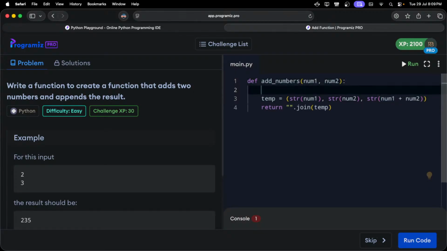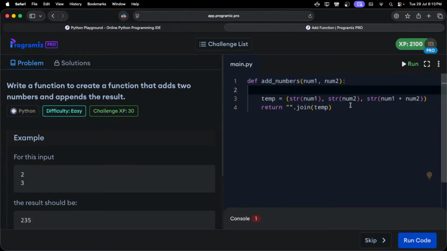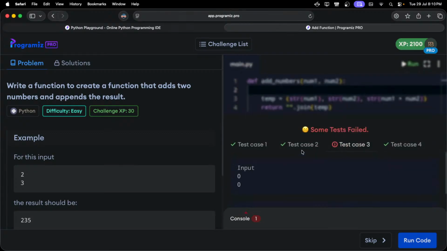So since there is an edge case over here, 0, 0, 0, we don't want it to be 0. What your result is 3 zeros, it just expected 0. Okay. But that is also a number. I'm not sure if this test case is good, but still, we have to